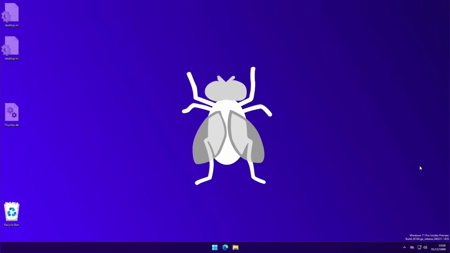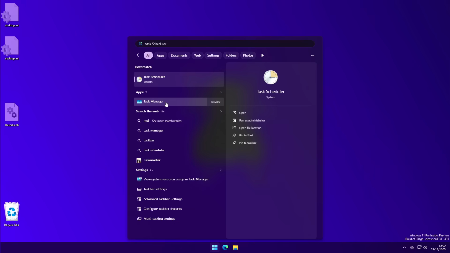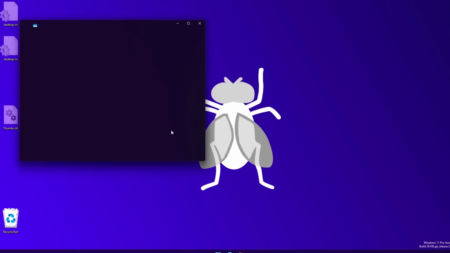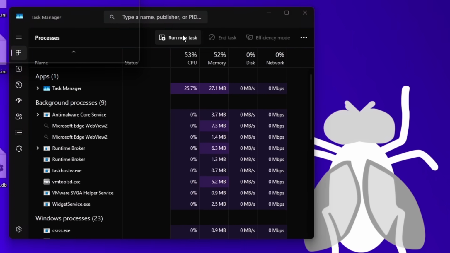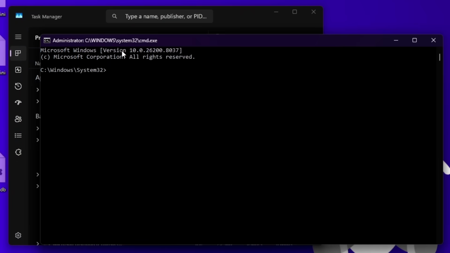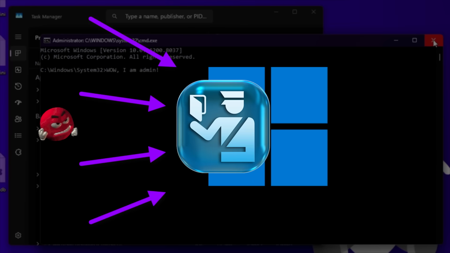But now comes the absolute punchline. Despite Microsoft adding age verification to almost every system entry point, they left the back door wide open. Have you ever noticed the Task Manager never asks you for admin permissions if you try to launch it as admin on a regular machine? From here, you can just run a new task and check the admin permissions checkbox to spawn an elevated command prompt. By doing this, we avoid the entire ordeal we just went through previously, because as you see, there's no age check anywhere. Microsoft paid good attention and money to block all the obvious entry points, yet they left the backdoor